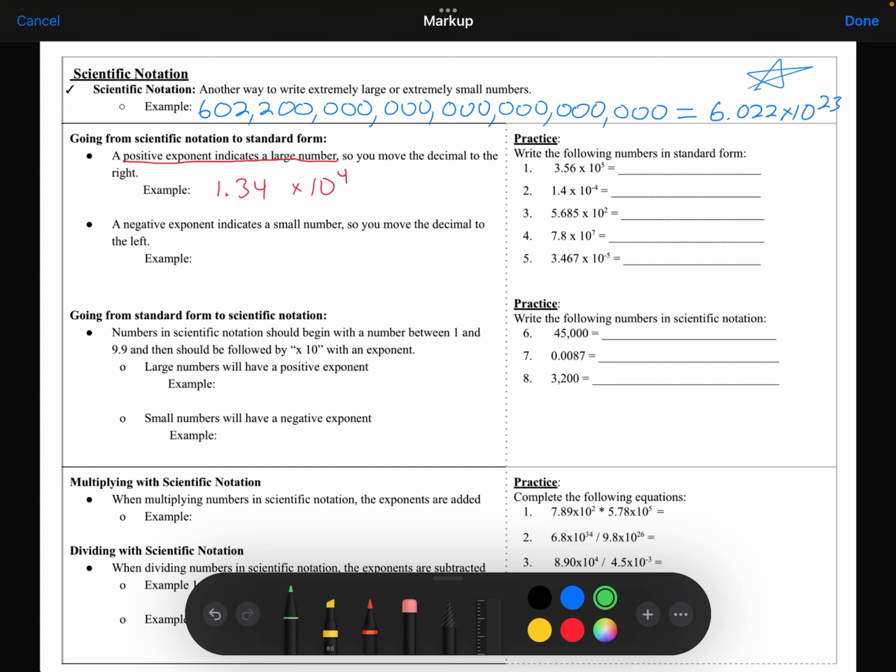All right? So this exponent tells me how many places I should move my decimal. And since it is a positive number, I should move my decimal point to the right. So if I'm going to rewrite this number in standard form, I'm going to take this decimal point right here and I'm going to move it 1, 2, 3, 4 spaces to the right. And any empty spaces that you see, you're going to fill them with zeros. So this number in standard form would be this,